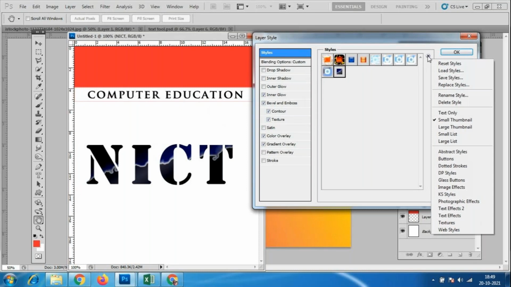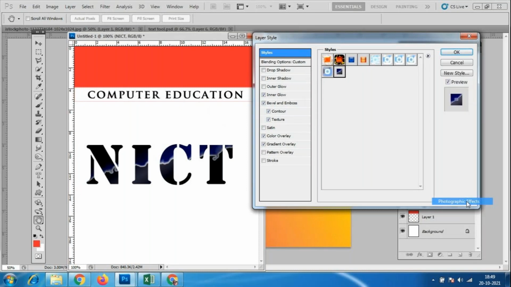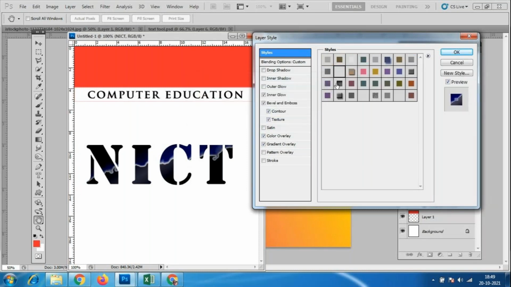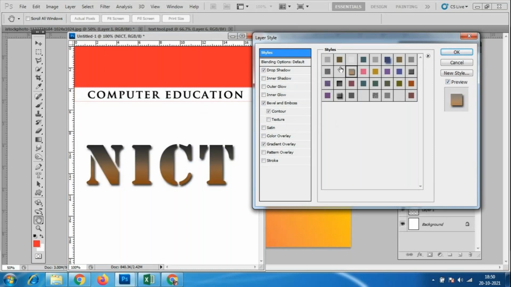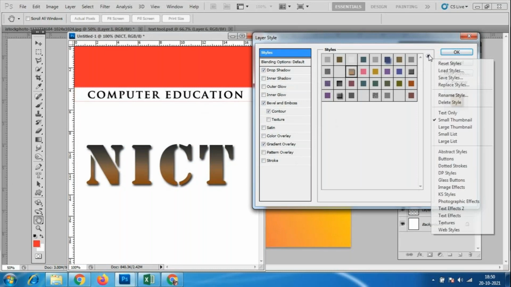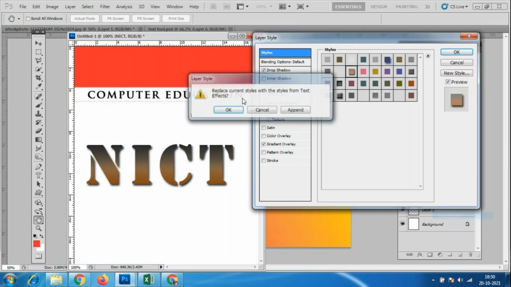Again, if you click here, we have an option called photographic effect. Look at here, these are the photographic effects. There are not many changes with this photographic effect, so very light changes will be there. Okay, text effect.